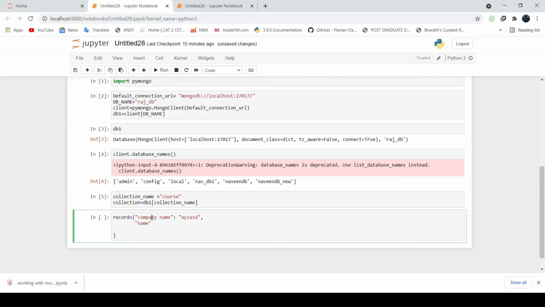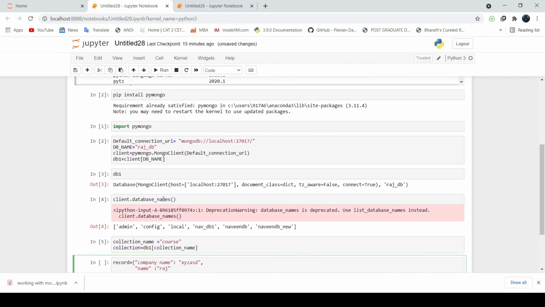Name you can give Raj. Fine. So let's not create more than these two particular key values. Now go, since the collection name which